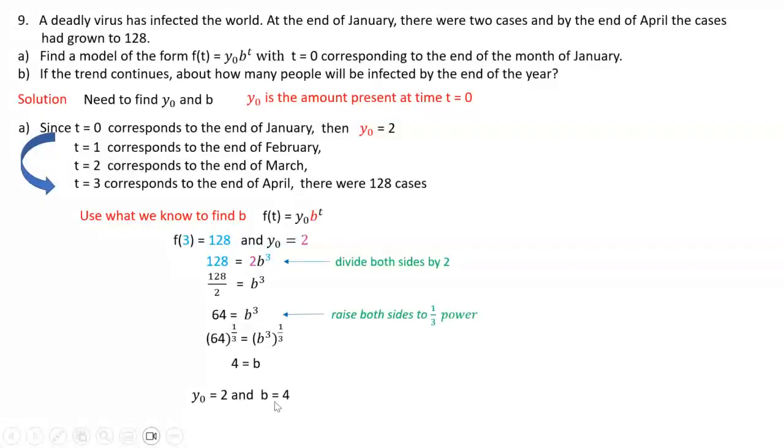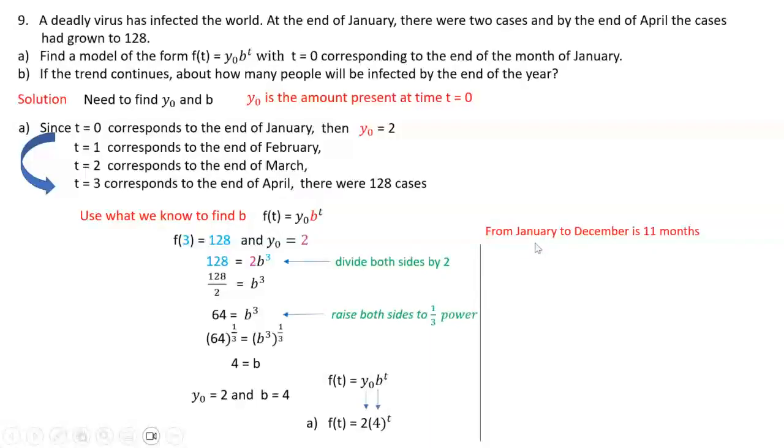So we found the y naught and we found the b. So we plug it into the formula, right? My y naught is 2 and my b is 4. So this is the formula that we're looking for in part A. Okay, now for part B, it says if the trend continues, about how many people will be